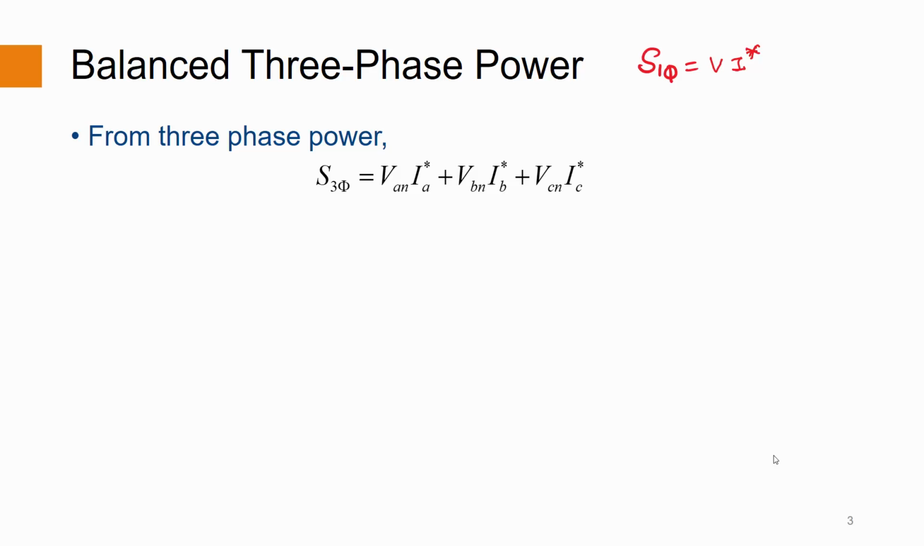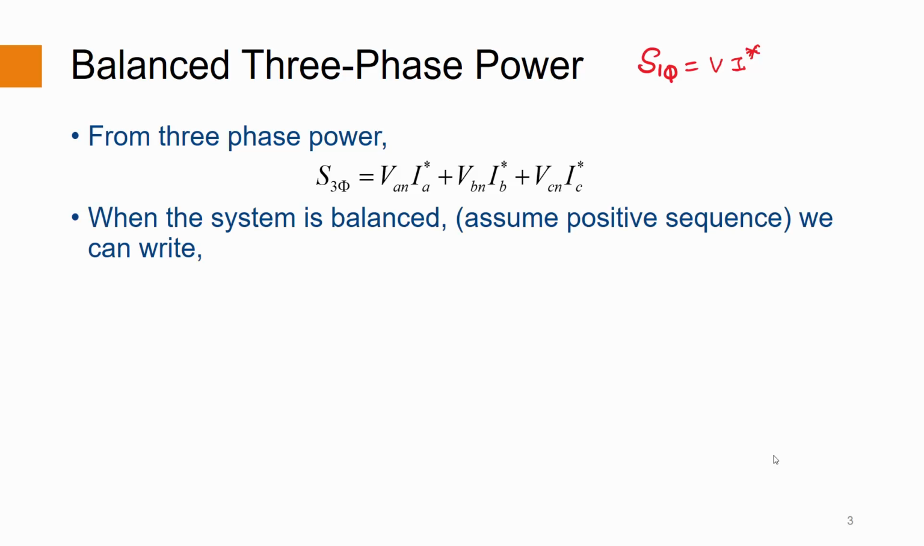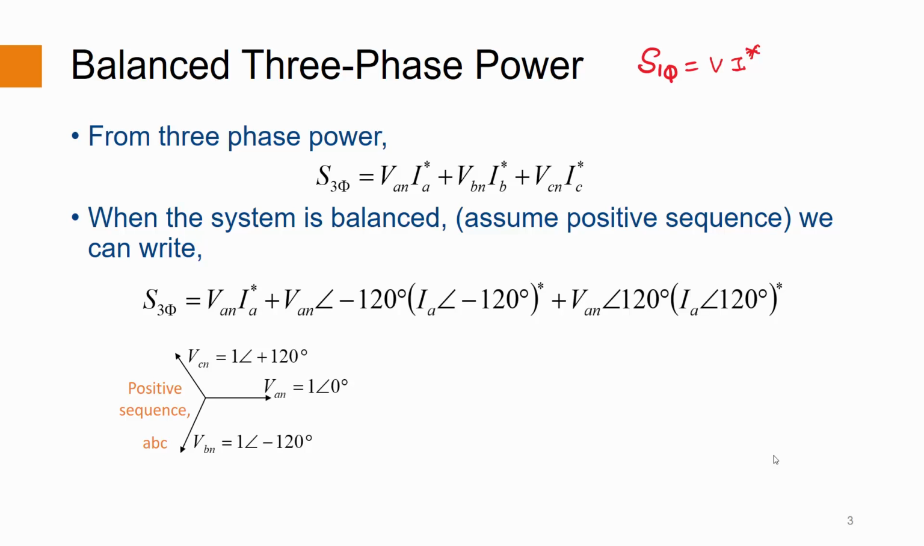The single-phase complex power equation is given as S is equal to VI conjugate. For three-phase power, we can say that the complex power is a summation of the individual single-phase complex powers. Thus, this can be written as S three-phase is equal to VAN IA conjugate plus VBN IB conjugate plus VCN IC conjugate. When the system is balanced, we can write this as 3 times VAN into IA conjugate. Thus, we can say that the three-phase complex power for a balanced three-phase system is 3 times the